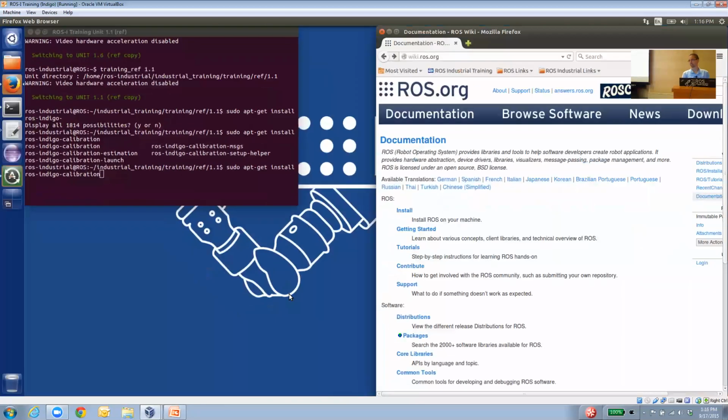Okay. I lied to you. Before I'm going to show you an install, I'm going to show you surfing the web, which is even more interesting, right? All right. So where am I? I'm on wiki.ros.org. Okay. So this is the ROS wiki. It's a lot of user-generated content, but there's a lot of information. You know, you have install instructions, which we're going to go through. Then you have tutorials for getting started, and